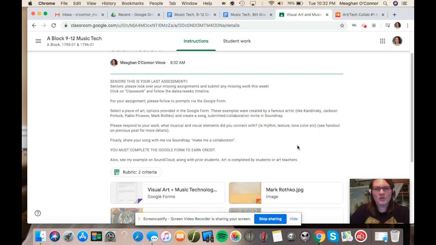These examples were created by famous artists, and we'll get into that in a second. So you're going to pick one of these famous pieces of art, and you're going to create a song based off of your choice of art. And using that handout that I referenced earlier with all the different musical and artistic elements, you are going to pick 3 elements that you are going to focus on, and you're going to fill that out in the Google